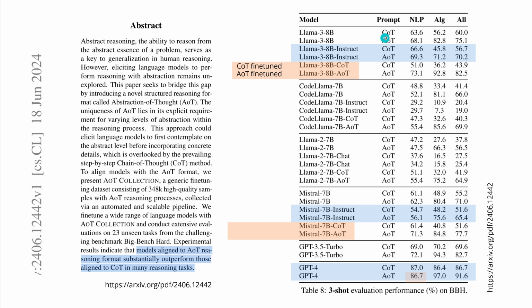At first, let's look only at chain of thought. If we go only with the pre-trained model, we have for NLP 63.6. If we look at the instruction model, we get 66. And if we look at the COT fine-tuned, we only have 51. So this is interesting because this shows us that 63, 66, and 51, this fine-tuning with this chain of thought significantly reduced the performance even compared to only the pre-trained Llama